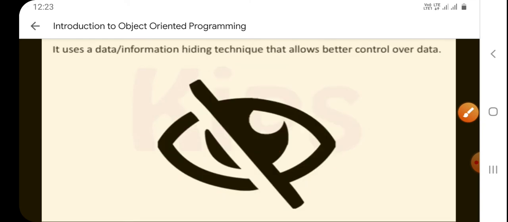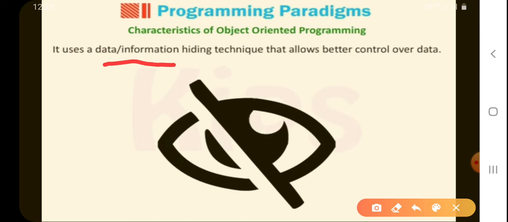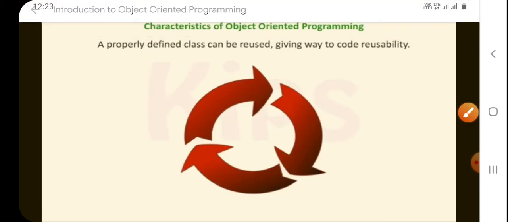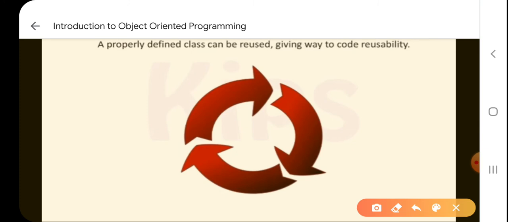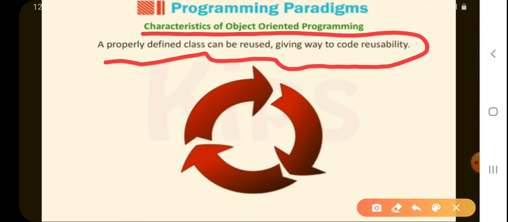Then it uses a technique called data or information hiding, that allows us to have better control over the data. Then a properly defined class can be reused, giving way to code reusability.